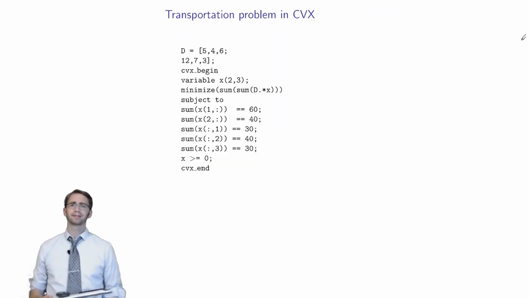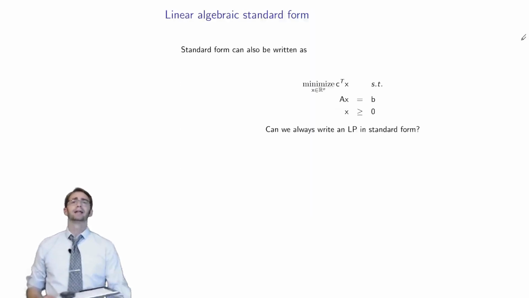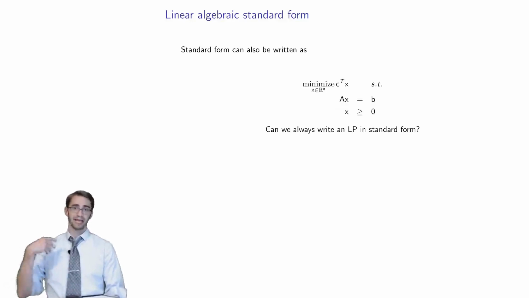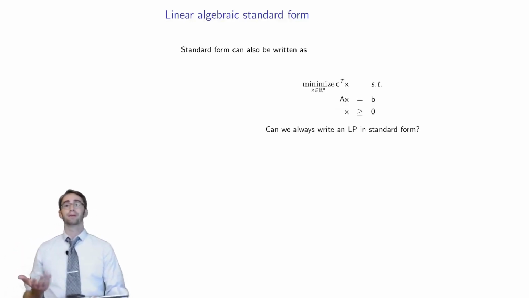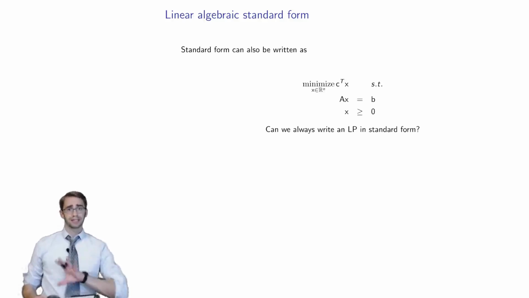Okay, so why am I talking about standard form? Why is this somehow a special thing? Well, we can ask the question here, is it always possible to take a linear program and transform it into one that is in standard form? Okay, so I've shown you a lot of problems that had maximization objectives instead. Some problems are allowed to have negative variables. Some problems have constraints that have inequalities in them. And we'll just ask the question, okay, is it true? If I give you a linear program, is there a way for you to manipulate it and transform it and add variables in and add constraints and do all kinds of manipulations to transform any linear program